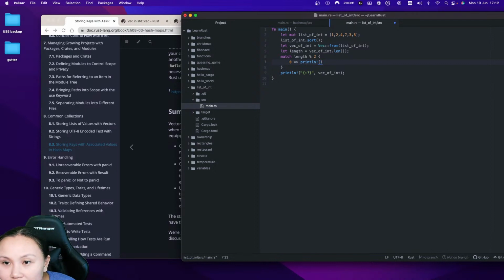I need to find the... so if it's divided by 2, then I need to divide the length by 2. So I have to divide it, so the index of it is... so I need to get the